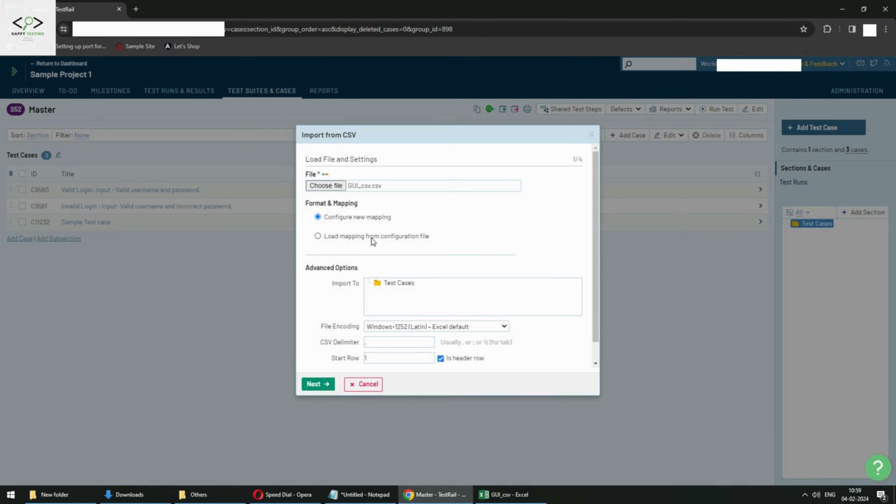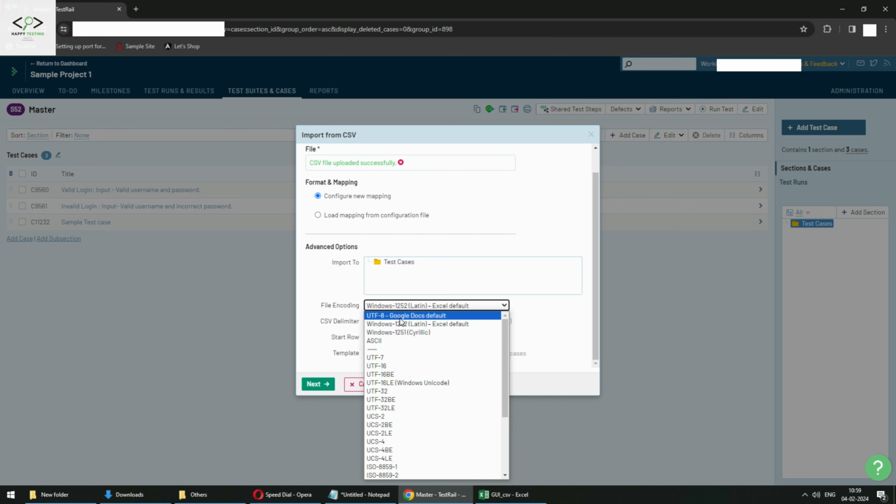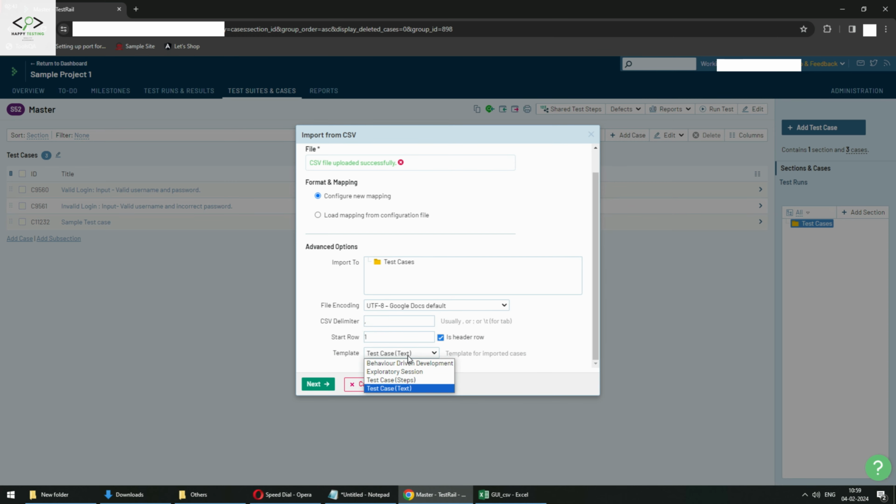So here I'm going to just change it into Google Docs. Okay, so here this will differ, guys. So if you are uploading a test case with a larger number of steps, you have to choose this one. But in our case, we are just going to upload only the scenario alone, so we are going to choose this option, like a text. Okay,